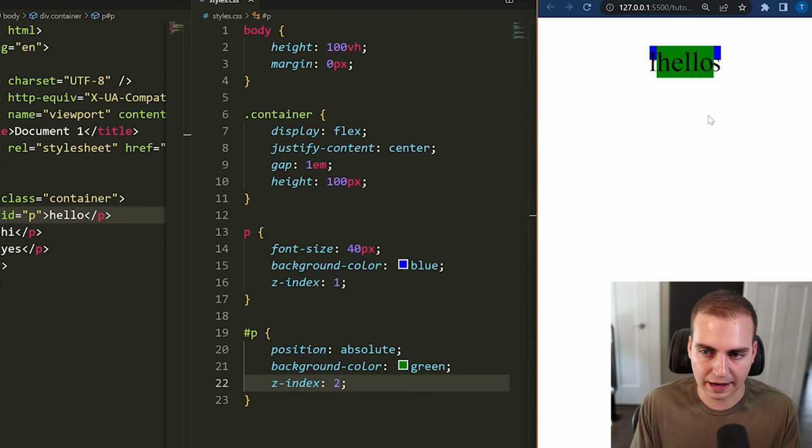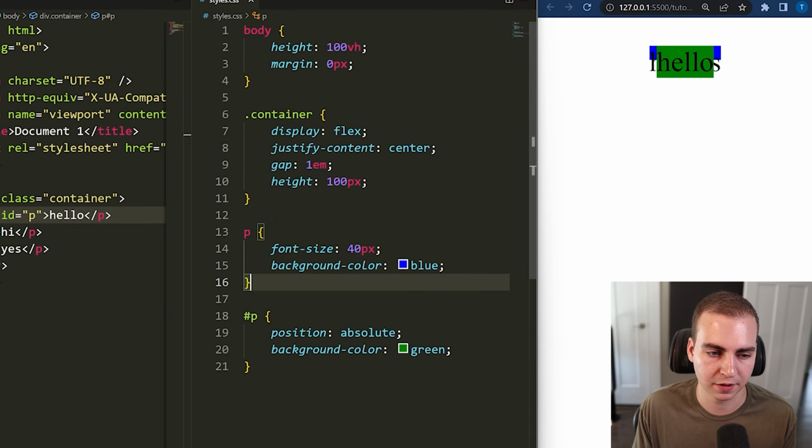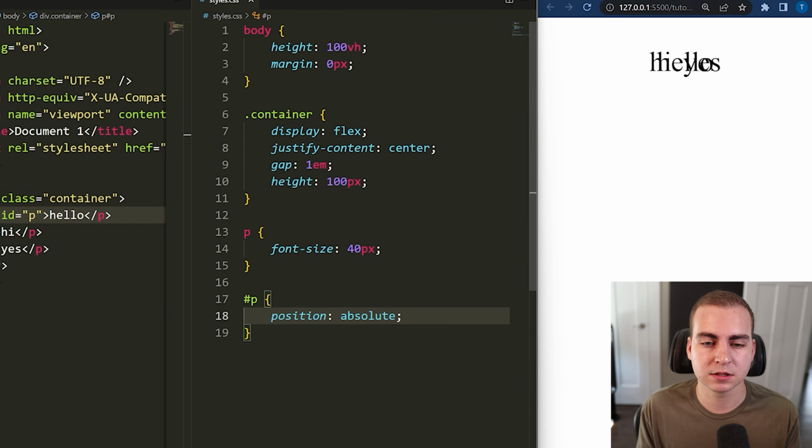Okay, so that's kind of how the Z index works when you're using positioned elements. So useful to know. We'll talk about this later and show some better examples, but I just wanted to quickly show you that. Okay, so now that we've looked at absolute, let's look at another type of positioning, which is going to be